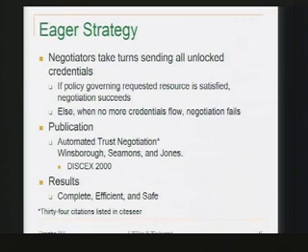Now, the simplest strategy that you can use for this is called the eager strategy. In it, negotiators take turns sending all the unlocked credentials. So negotiator 1 sends all the credentials that he basically considers public information. Then negotiator 2 replies with all of his public credentials plus any that have been unlocked by negotiators